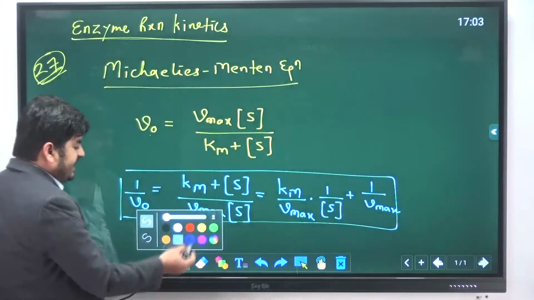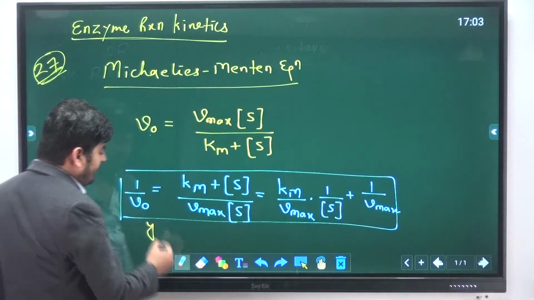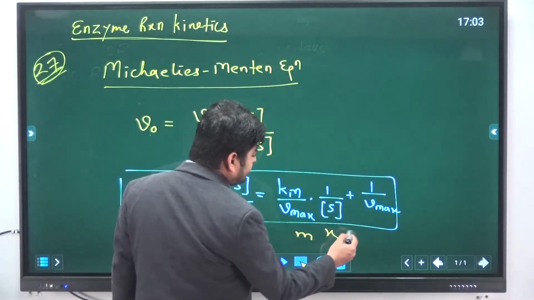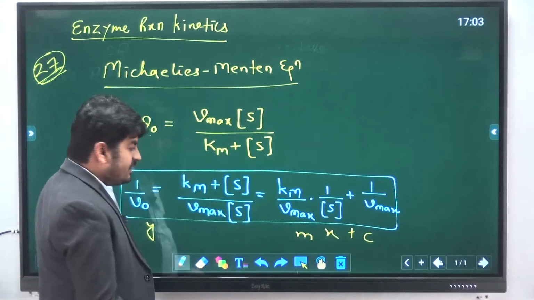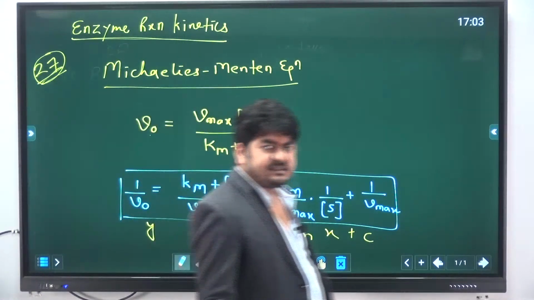Here, if you look at this equation, it is in the form of y equal to mx plus c,